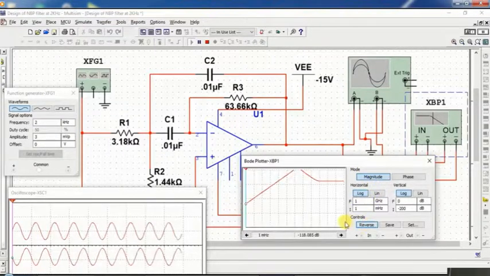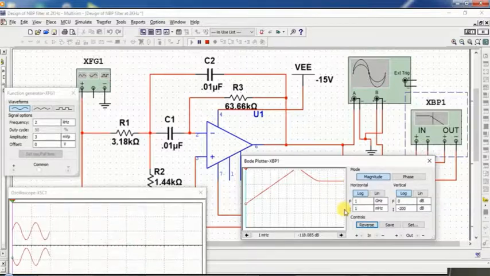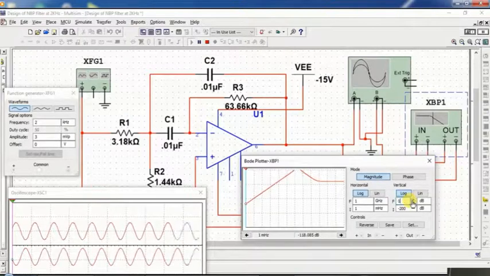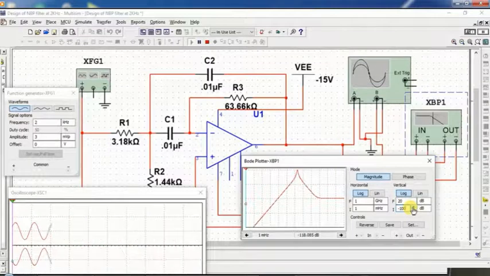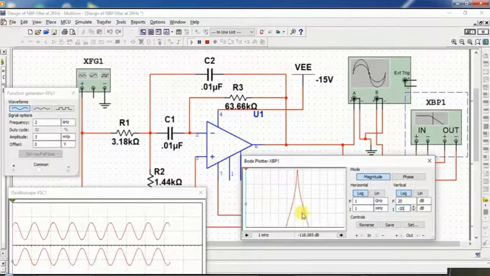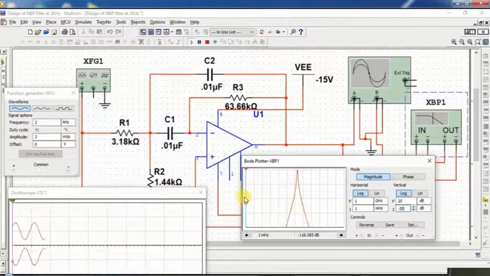Now run the simulation button, and as you can see over here, this is your frequency response curve. So you can also set the dB, because here in the narrow band pass filter, you can set this to 20 dB and minus 20 dB, as you can see over here.